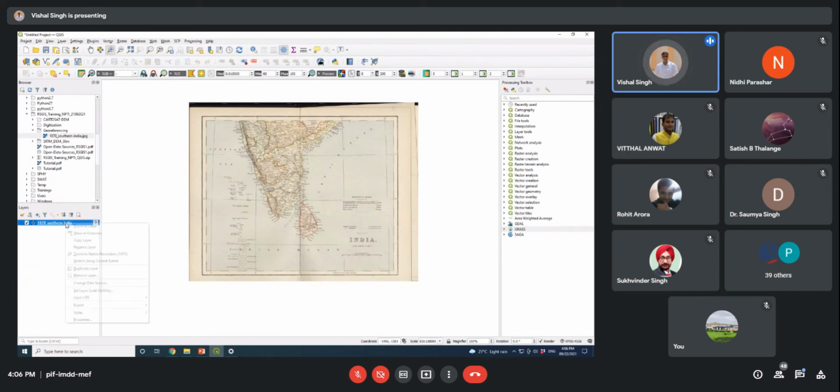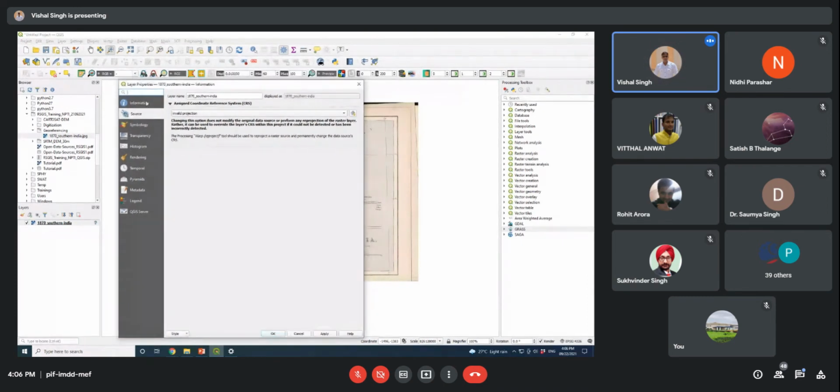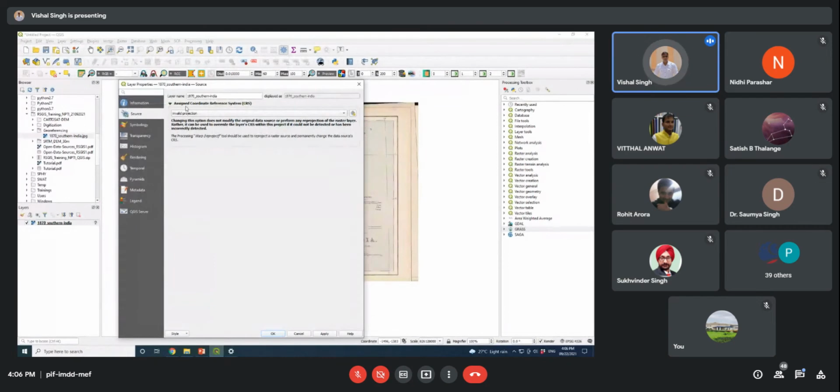If you select this layer and go to the properties, you can see that the second option is the source. In this source information you can see the assigned coordinate reference system, CRS.